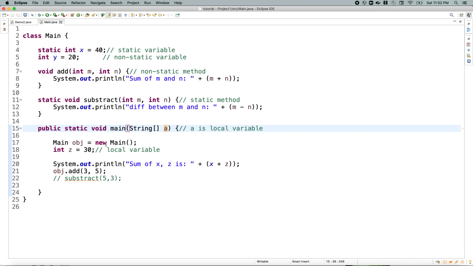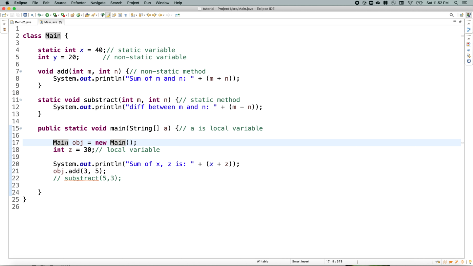Within this main method, I'm creating an object of type main. I'll tell you why I have created this object later. I'm just going through the entire program and defining what it actually contains.